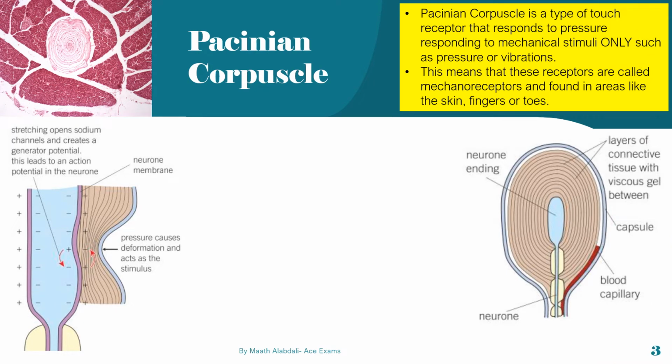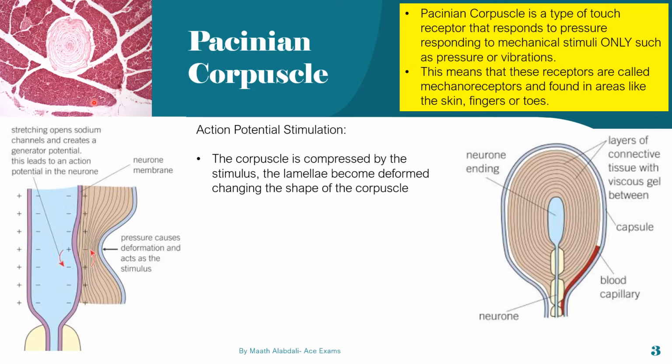So the Pacinian corpuscle is a type of touch receptor, and it responds to pressure. It only responds to mechanical stimuli, so not physical stimuli. So basically pressure and vibration, and these can be found in the skin, fingers, toes, these types of areas. And of course it stimulates an action potential. So basically what happens is the corpuscle is compressed by the stimulus. So let's say you put pressure on your finger, and the lamella, which is, before that, let me